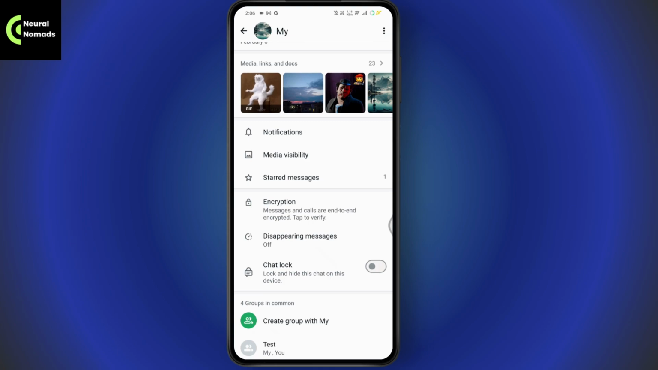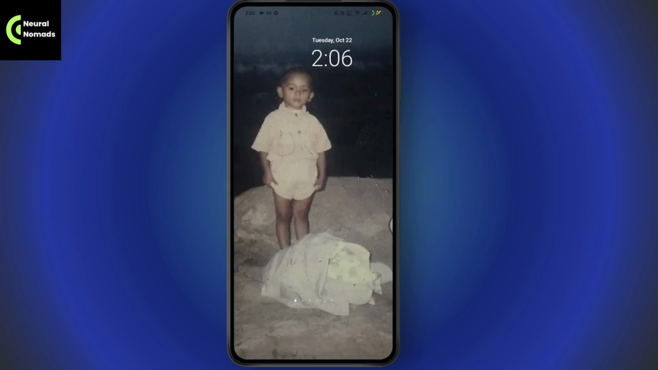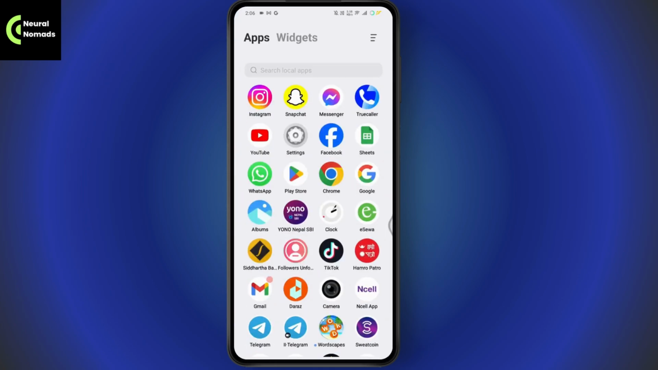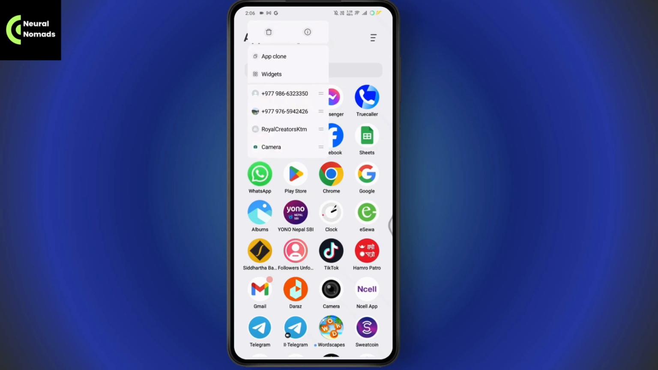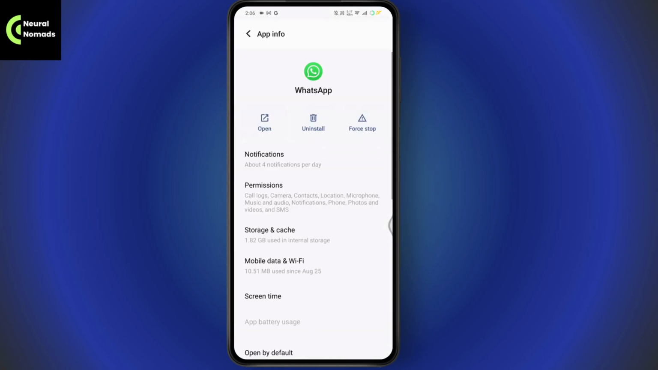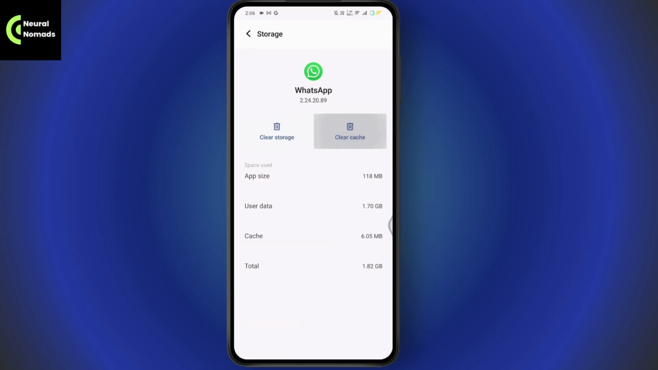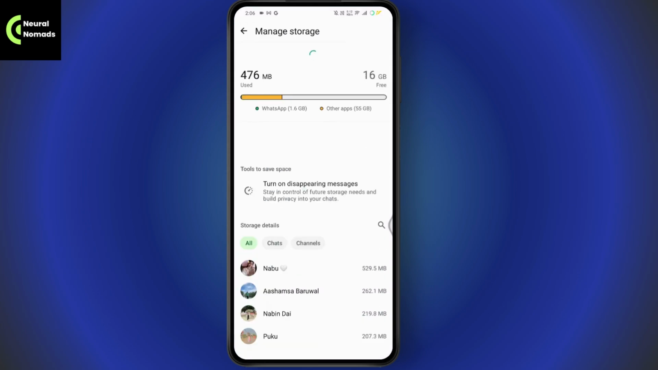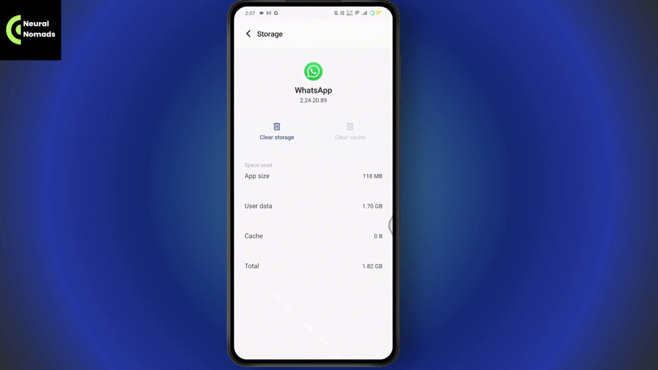But if you don't find this option, then what you need to do is first check your internet connection, and then you just need to simply tap and hold on to your WhatsApp application. Go with the app info. Once you're under the app info, you need to go with storage and cache, and after that you need to tap on clear cache, and you can also go with clear storage. Once you've cleared your cache and your storage, now you just need to simply go back and make sure that